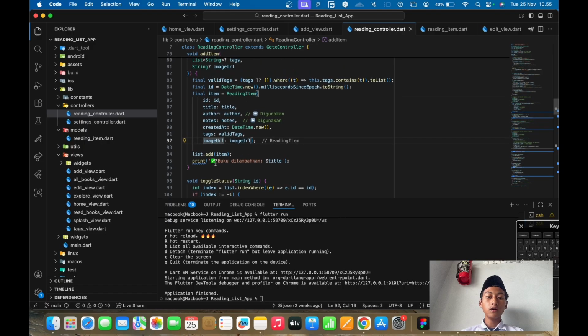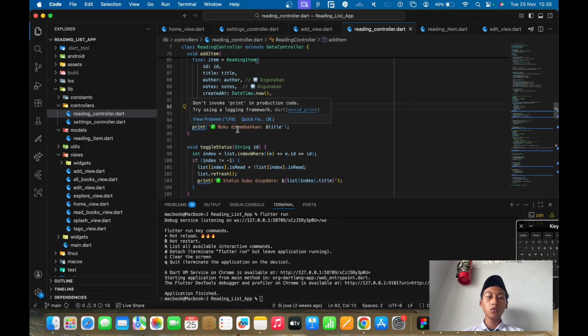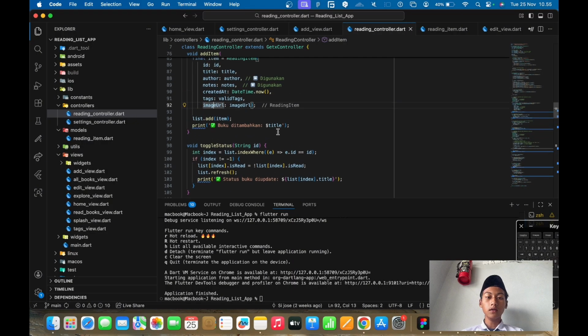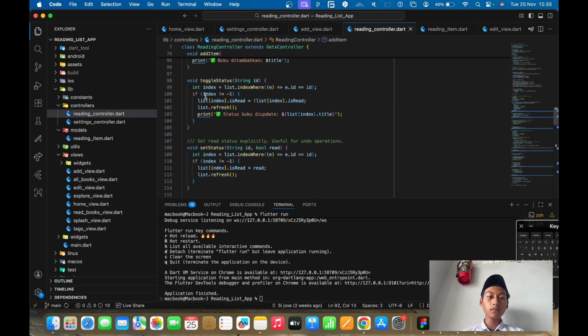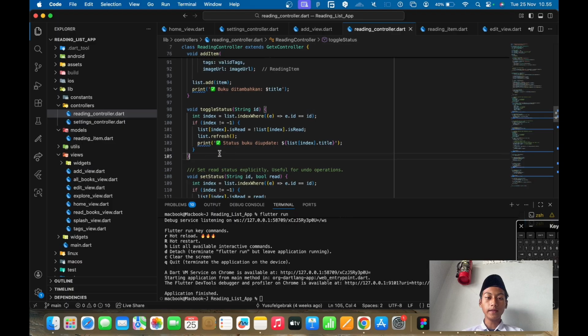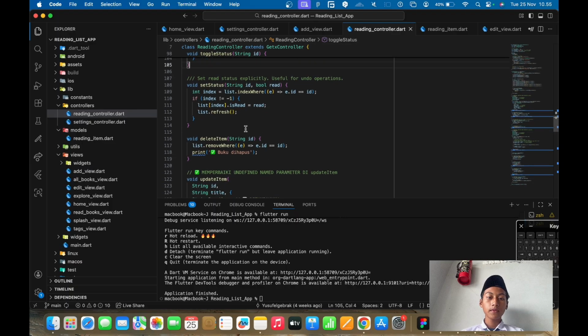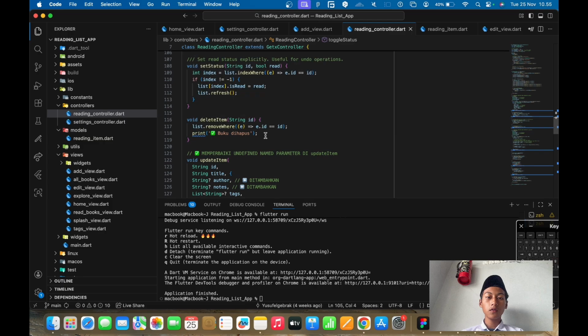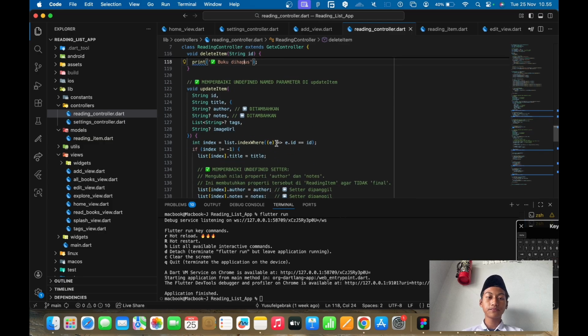After that, the application will show the book by title, and then it is a toggle of status where the book is updated, and then it shows that the book is deleted.